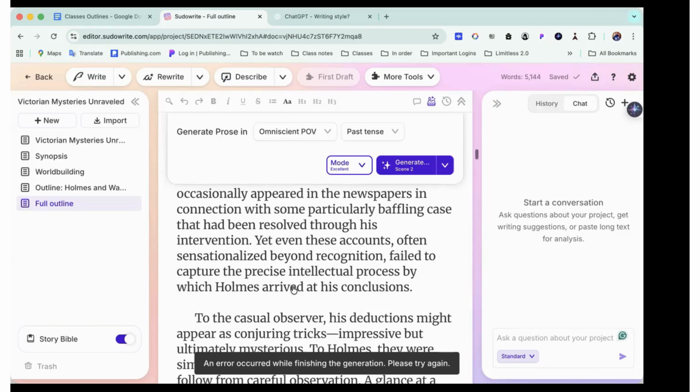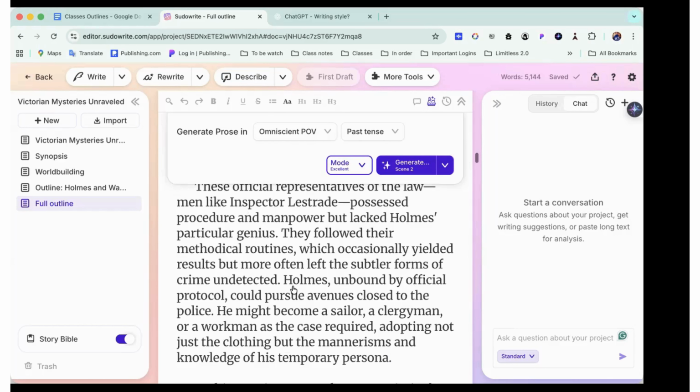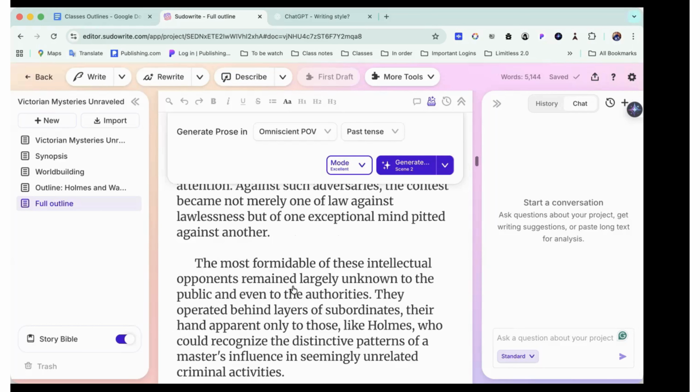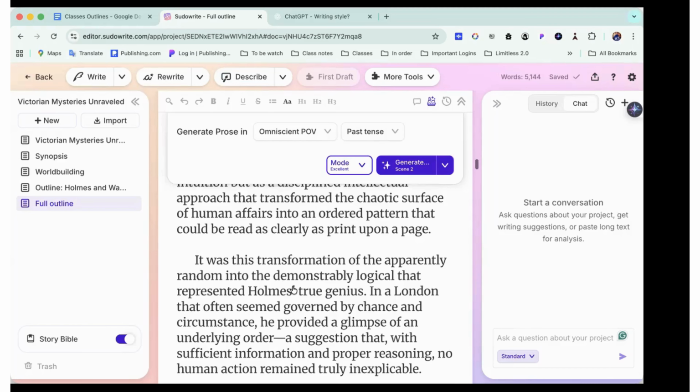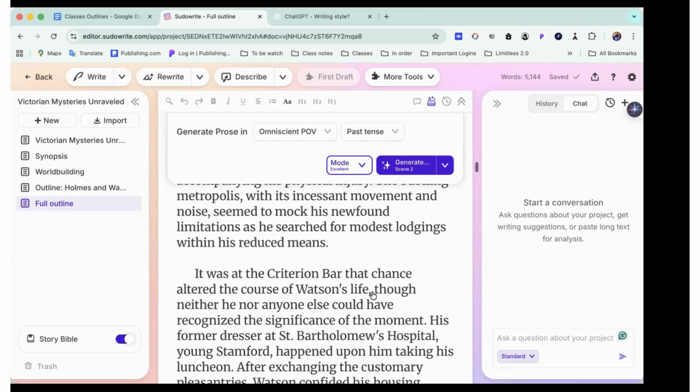So we have an interesting introduction, and it's a fairly long introduction just for this, and then scene 2 is talking about Baker Street, where Dr. Watson returned